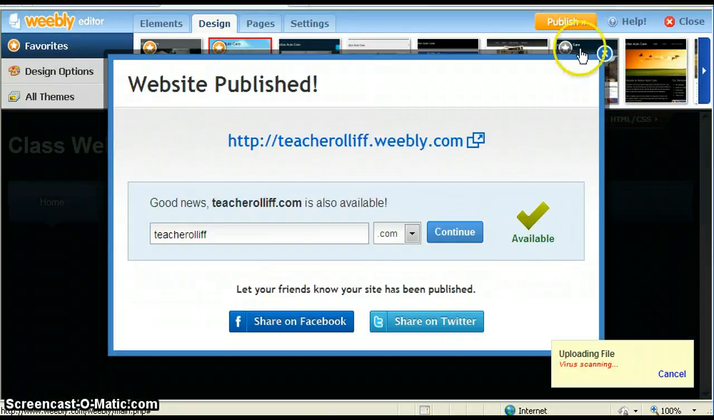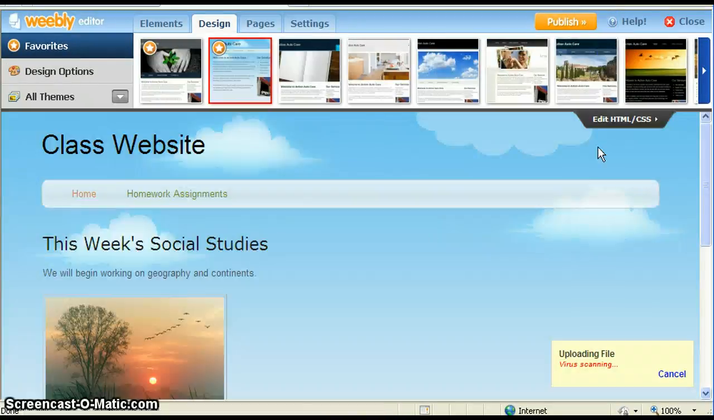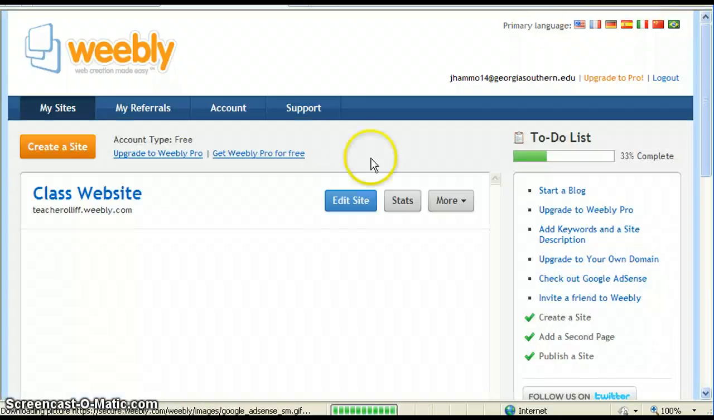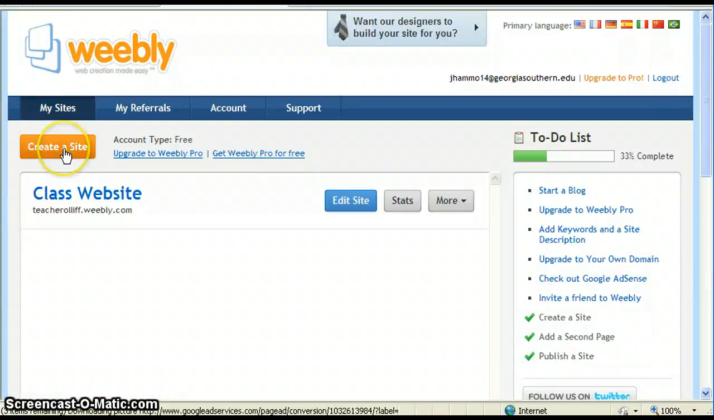I just made some changes, so I'll hit publish. Every time that you're finished working, if it's how you want the website to appear on the internet, then click publish. When you're done, just close out. It'll take you right back to your page, and you see that there's a link where I can create a site for a